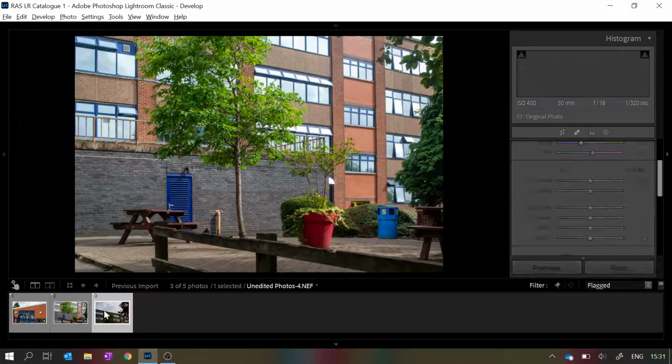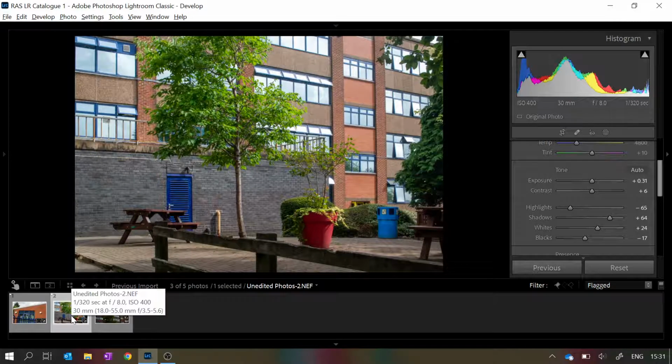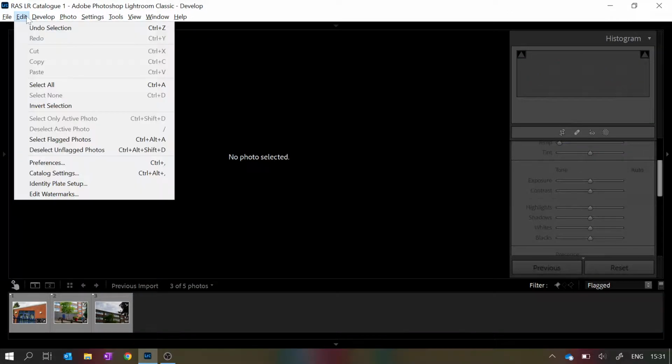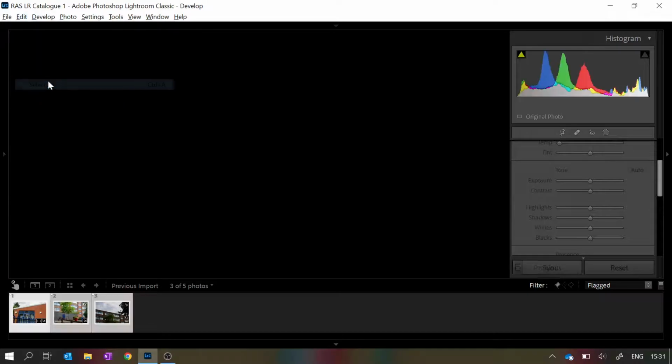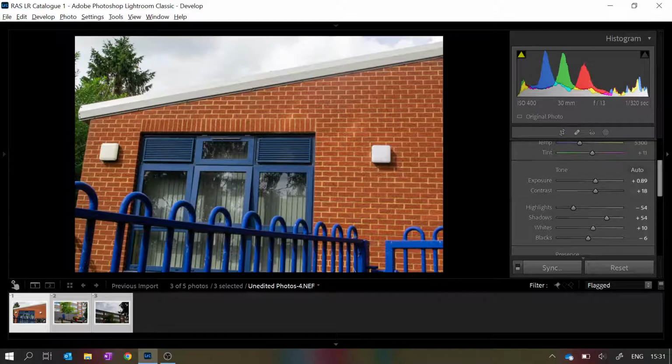Once you've been through and edited all of your photos that you're happy, the last thing we want to do is export them because they're still raw files. And we want to export them in a suitable file format. Now either press Edit, Select All, or as a shortcut, Control A to select all of the photos which you want to export. Come up to File,